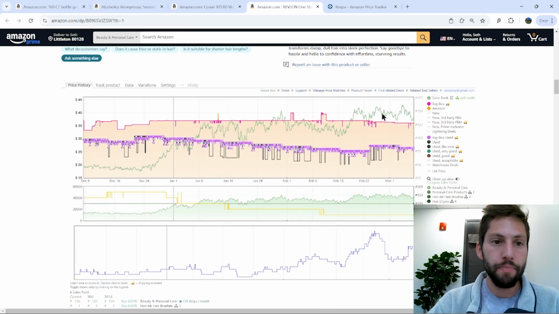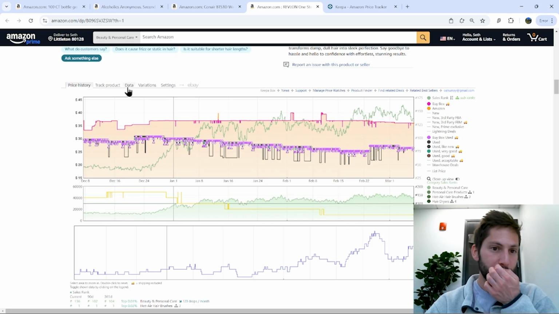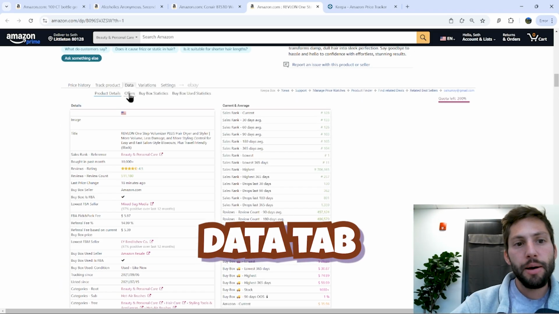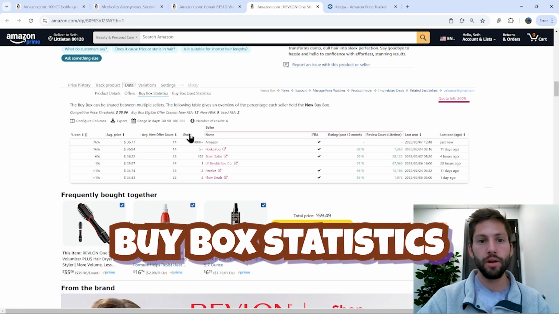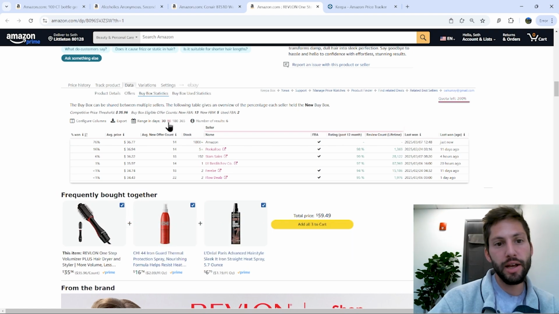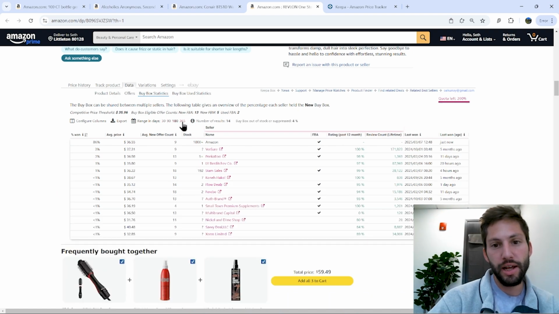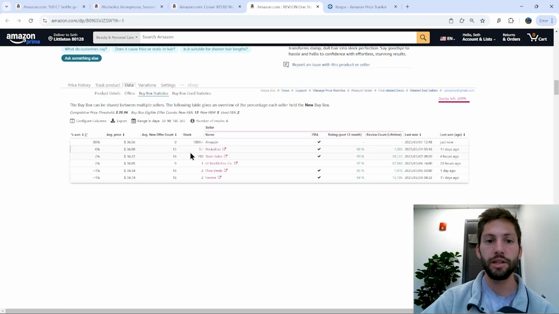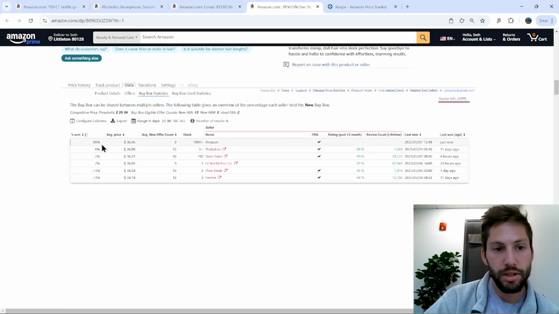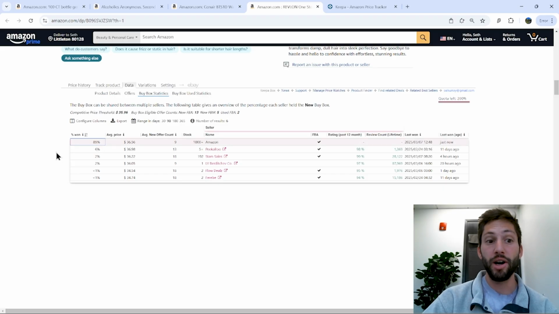That's one way to look at it. Another more detailed way to look at it is this data tab and the buy box statistics. And you can filter this by 30 days, 90 days, 180 days, and 365 days. So if we're looking at the last 90 days, we're seeing that Amazon is getting 89% of the buy box,